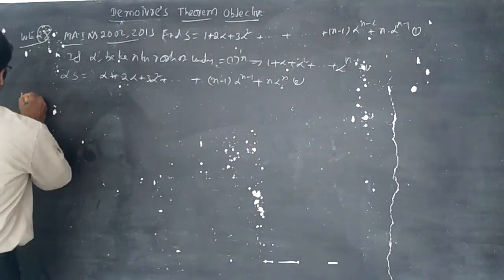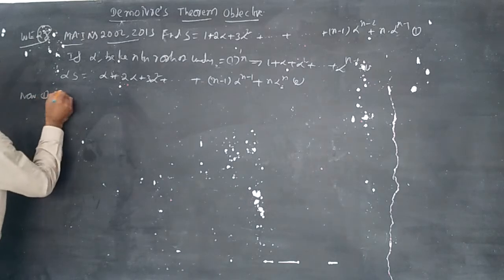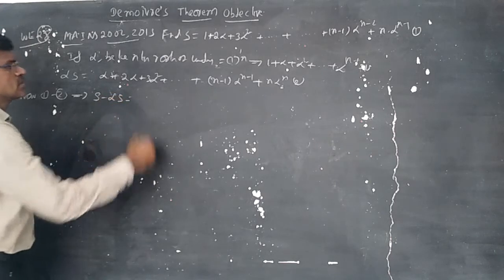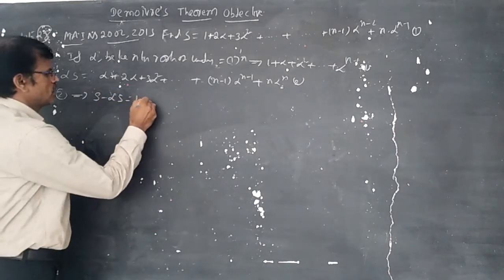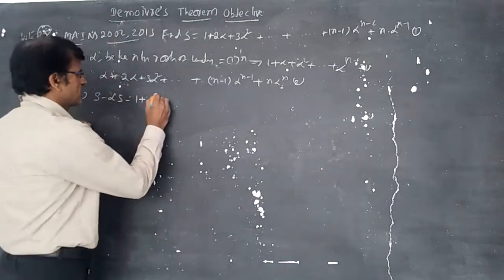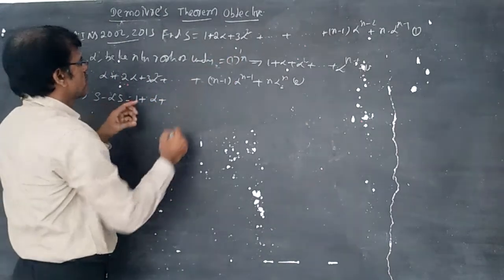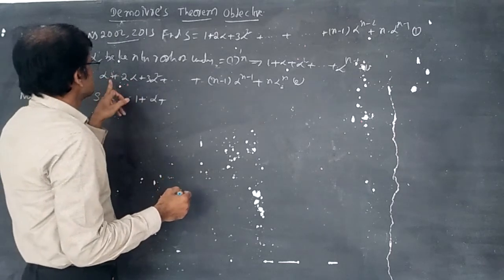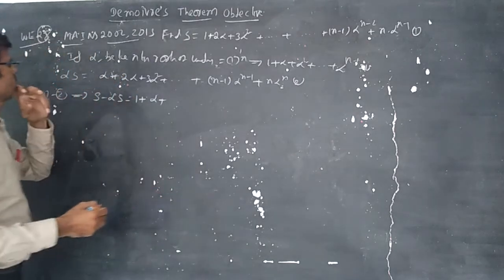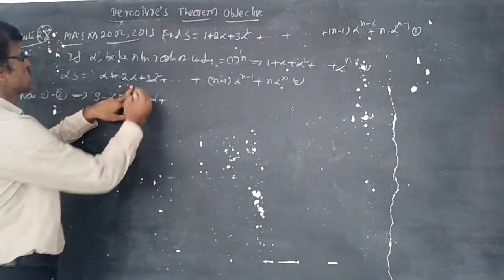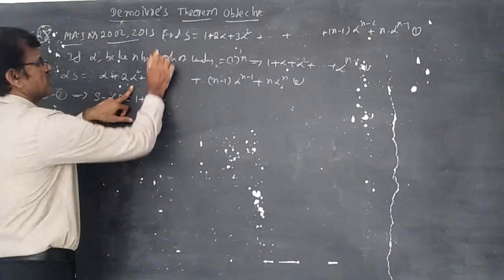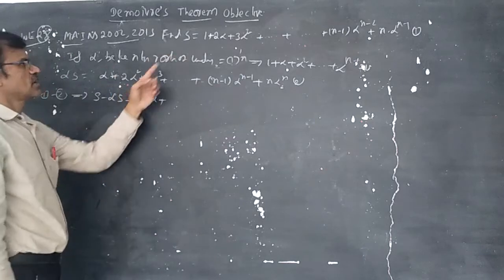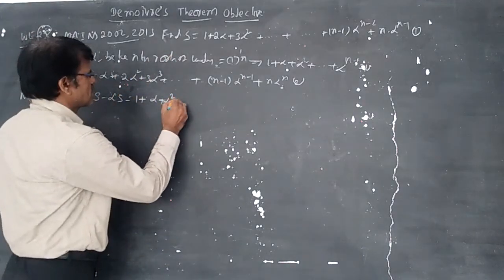Now 1 minus 2 is 1 minus 2. That implies you can write s minus alpha s. S minus alpha s is equal to 1 plus 2 alpha minus alpha becomes plus alpha. 3 alpha square minus 2 alpha minus 1. This is alpha s, so 1 plus 2 alpha square it should be. 3 alpha cube it should be. Like this. Yes. 1 plus 2 alpha minus alpha, 3 alpha square minus 2 alpha square is alpha square.